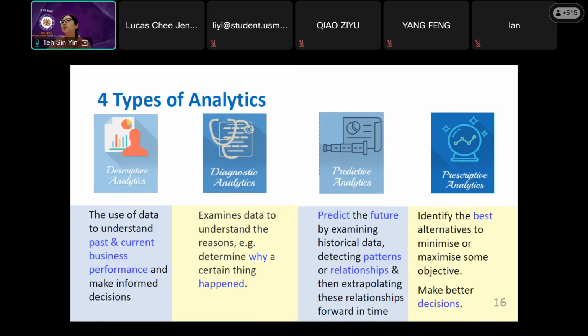Welcome. Thus, we can say that descriptive is more on reporting. Yes, you can say that. Okay. Can we skip certain analytic? Let's say I only do descriptive, then I skip diagnostic and go to predictive. Yes, it is possible, Hanisa. Okay.